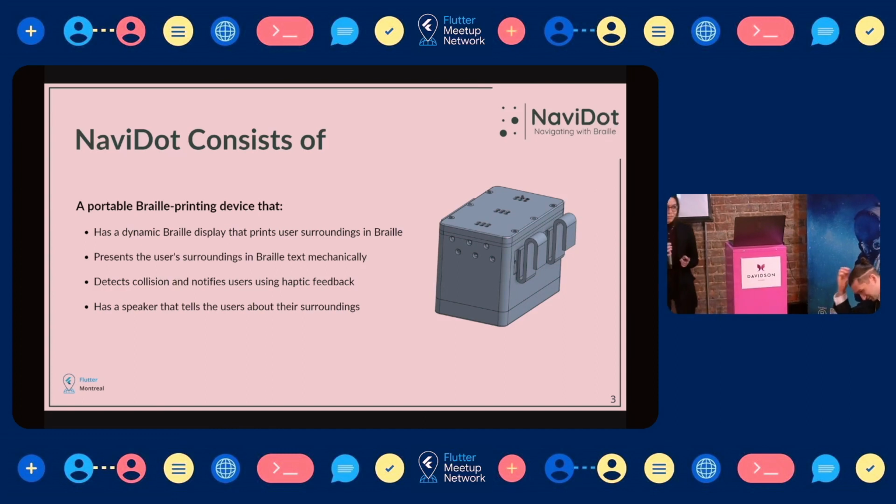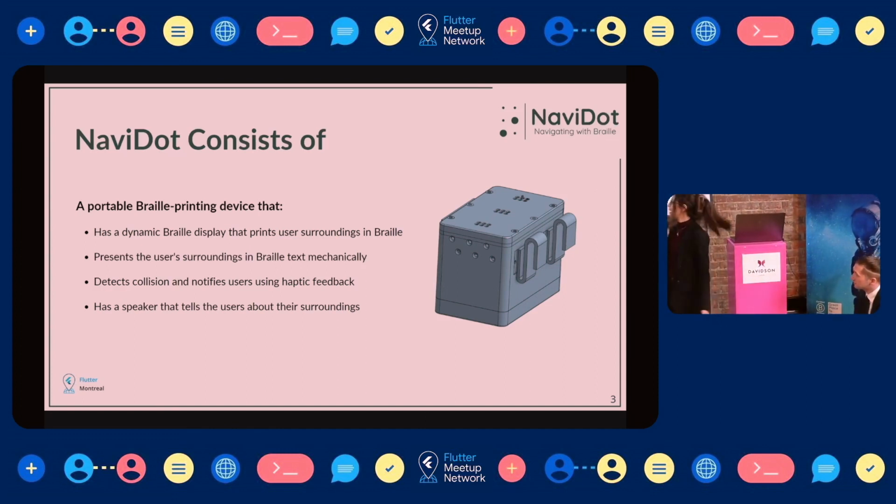Good afternoon, everyone. Let me first start by explaining what the project is about. Our project consists of a portable Braille printing device that has a dynamic Braille display that prints the user's surroundings in Braille. Using the same device, we also implemented a collision detection feature